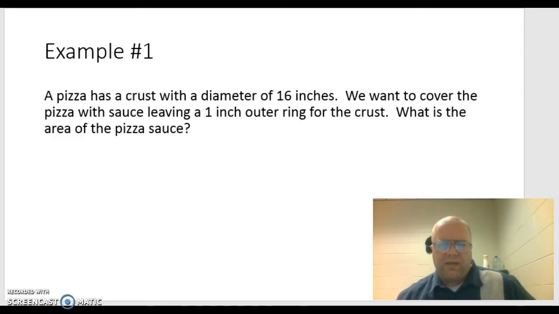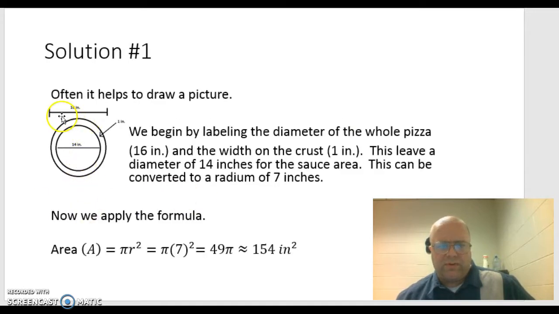With this problem and many others that have shapes and distances, it's often really helpful to draw it out to see if we can figure out what the missing pieces are that we might need for our formula. And in this case, we don't want to use that 16 inches for our area of the circle because we're not including the outer ring. So drawing it out, I would first draw my outer circle and then my ring, and then I would show that the entire distance is 16 inches with a 1-inch